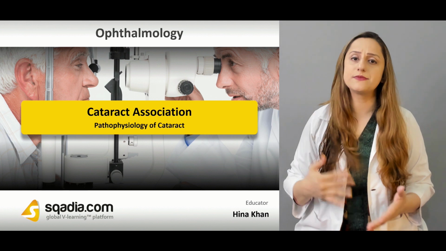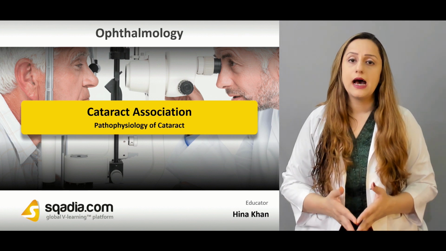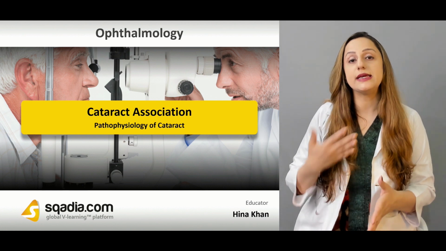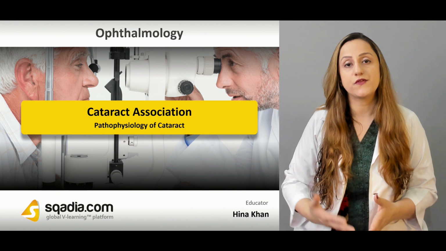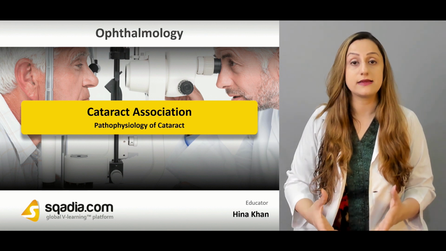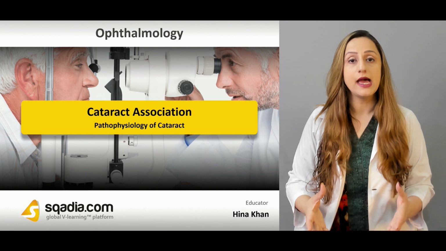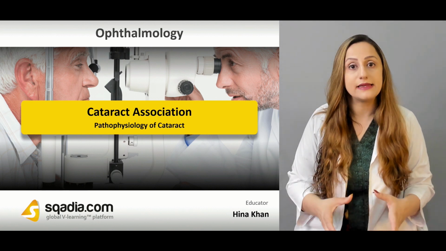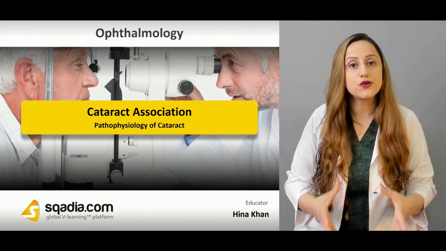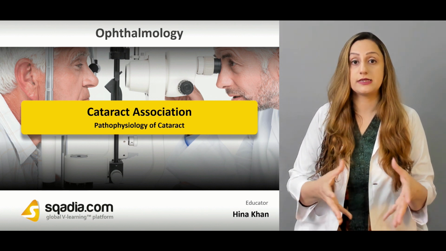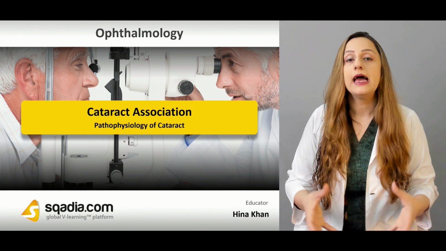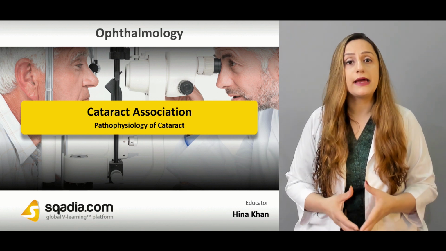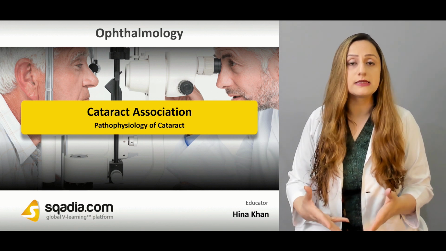So whatever the cause may be, we have to know the underlying metabolic pathways relating to the formation of this opacification of the lens that is causing blurring of the vision. If left untreated, it can even result in complete blindness or complete loss of vision in that particular eye, or if it is bilateral involvement, complete loss of vision in that particular patient. So it's quite a serious problem, and one should know the significance of it.